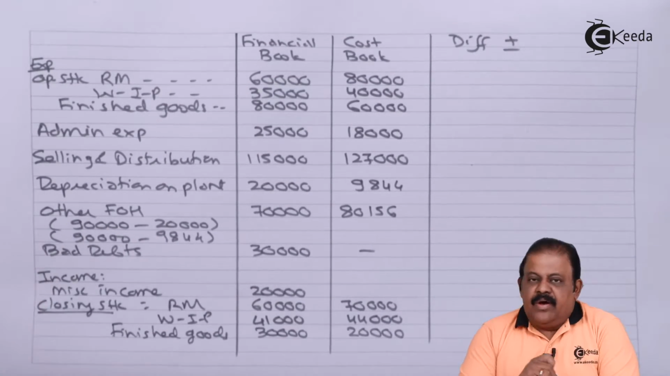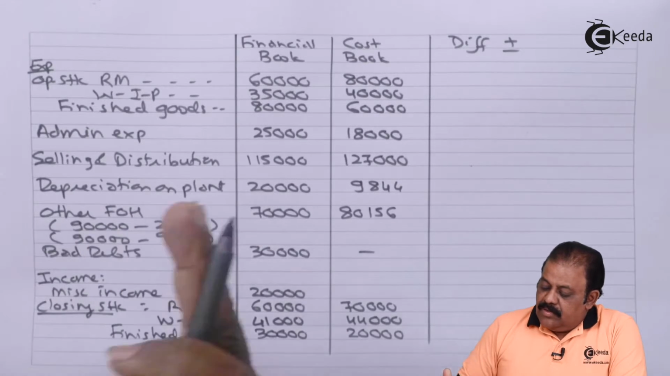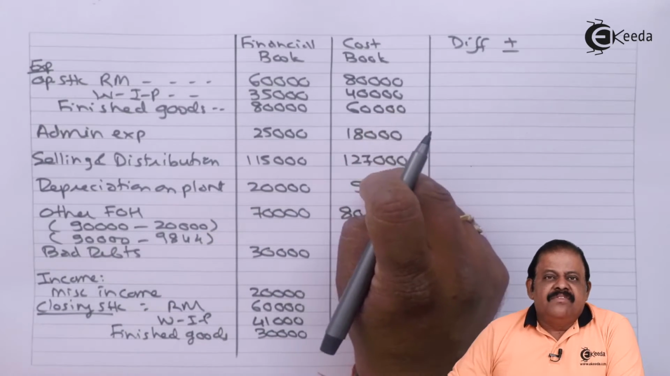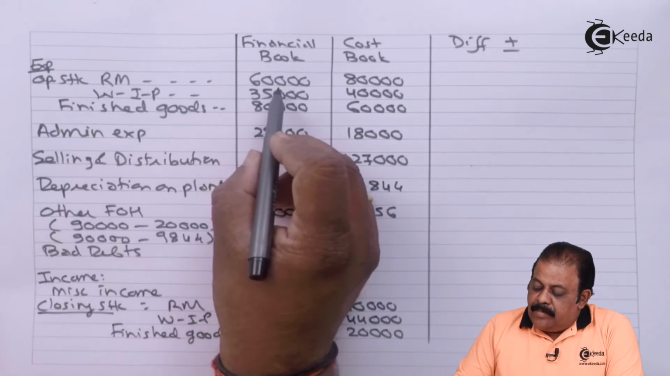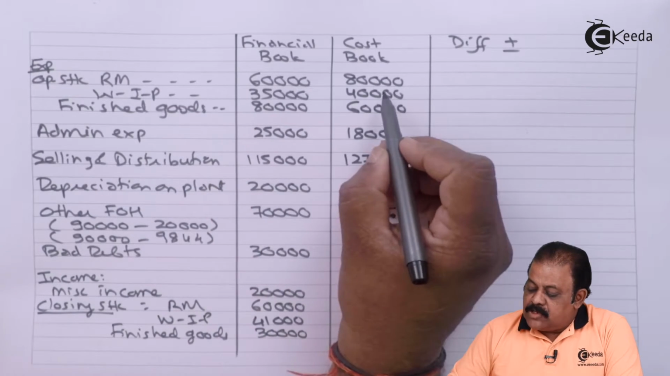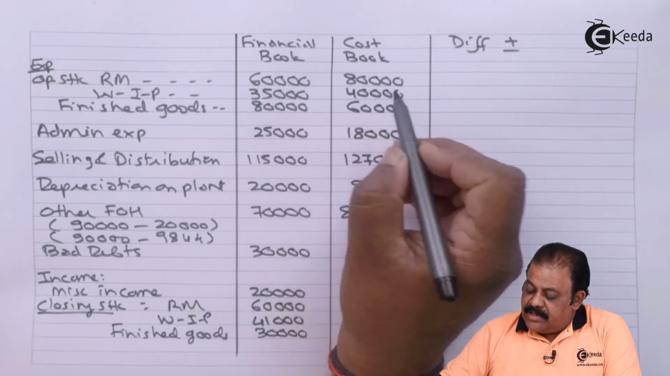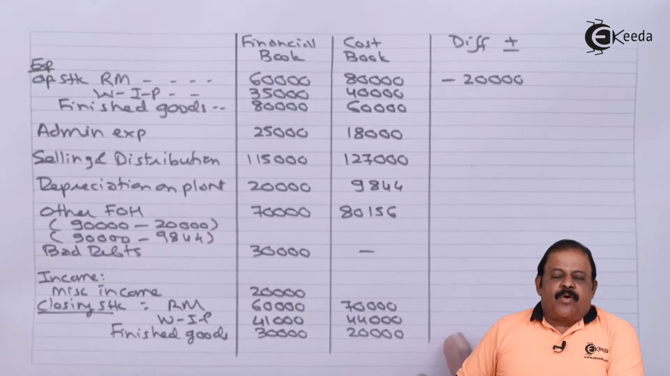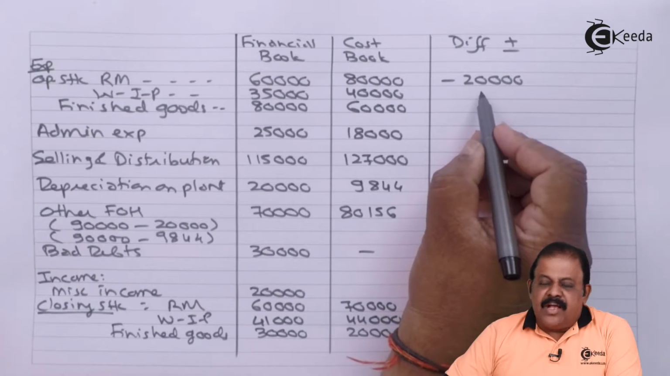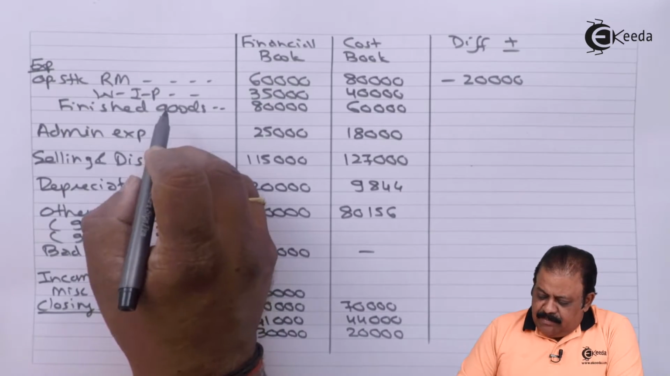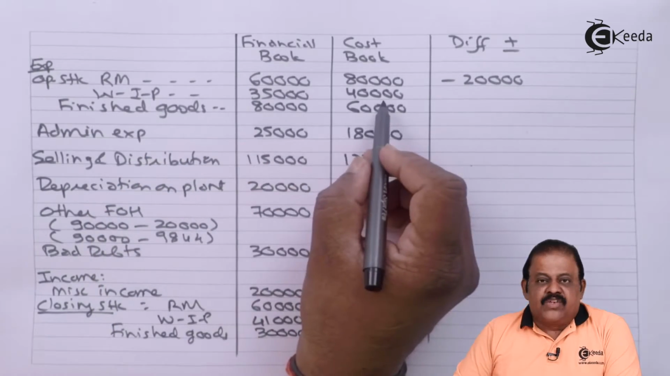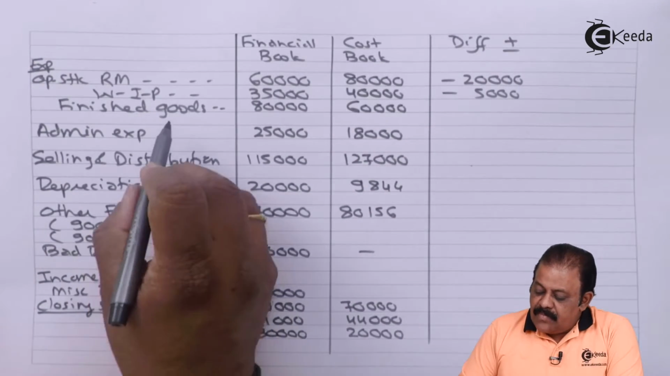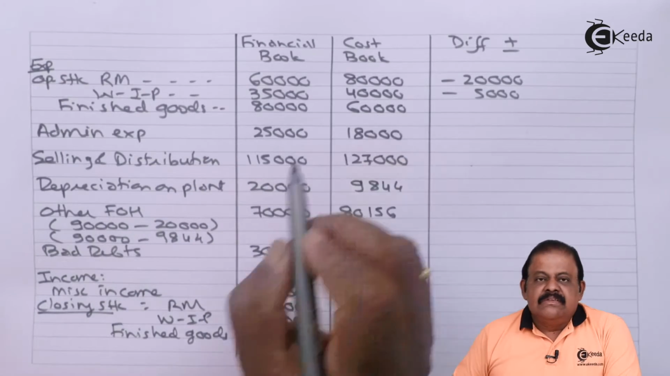Continue. We have recorded all the items of difference. Now from the first column amount we will be deducting the amounts of the second column. Opening stock of raw material 60,000 as per financial book. As per cost book it is 80,000. 60 minus 80, it will be minus 20,000. So in the profit reconciliation statement this item has to be deducted. Work in progress 35,000 minus 40,000, minus 5,000. Finished goods 80,000, 60,000,